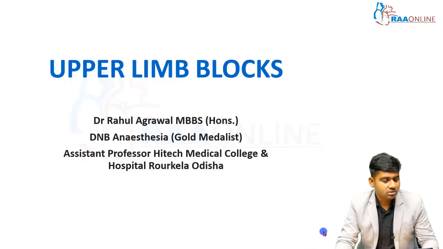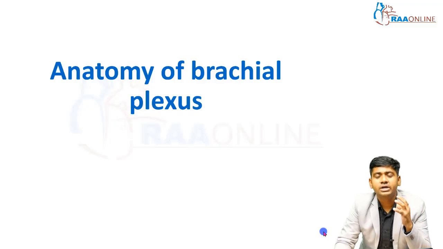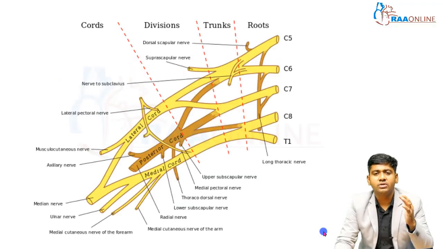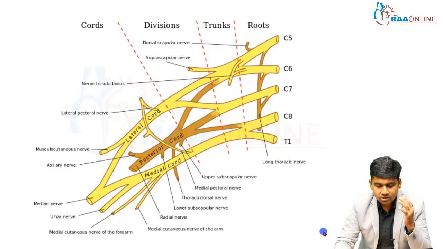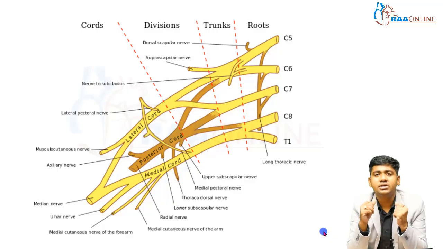So upper limb blocks, let us go to the anatomy of the brachial plexus, because without knowing the anatomy, we cannot do different types of blocks. So it plays a very crucial role. The anatomy has very subjective methods of learning. So coming to the roots of the brachial plexus, from where the brachial plexus originates,